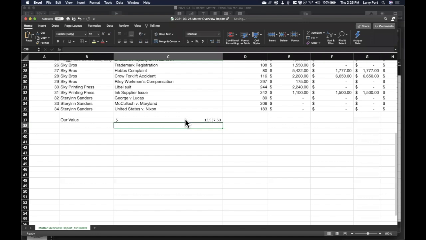But the other thing I can do is I can just click on the cell. If I hit equals, then I can go over here and click on the cell and it's going to do the work for me. I don't have to type it in. I hit that and it's there, right? Now, I've already actually started writing a formula.